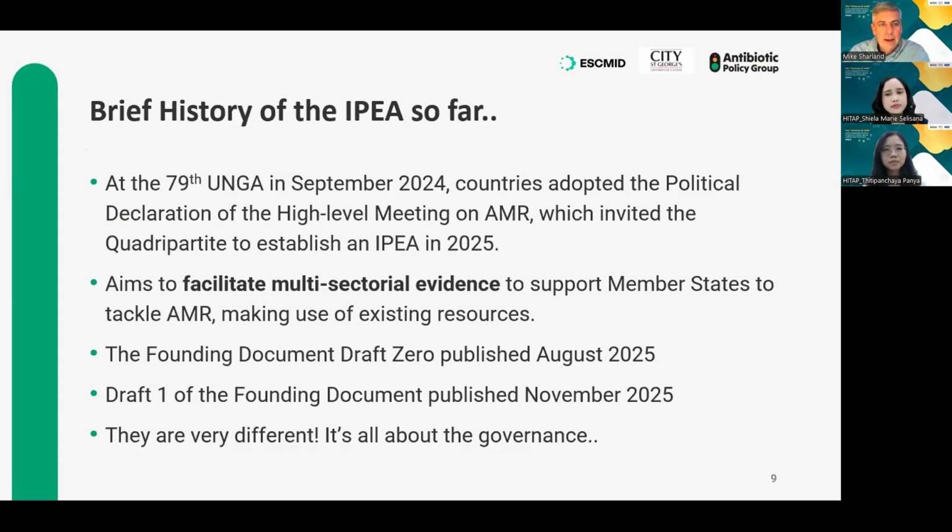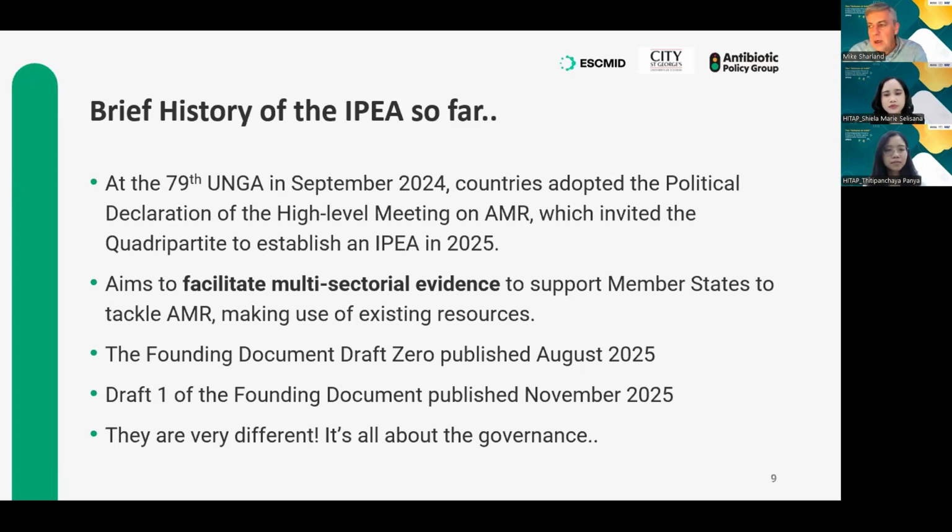And now finally it looks like it's happening. At the 79th United Nations General Assembly on Antimicrobial Resistance in 2024 in New York, the countries finally adopted the political declaration which invited the quadripartite to facilitate an IPEA. The quadripartite, when it discusses that, is actually the 4 UN agencies that are very much involved in antimicrobial resistance,